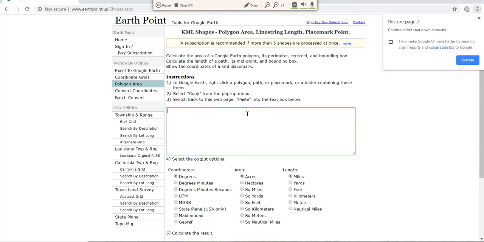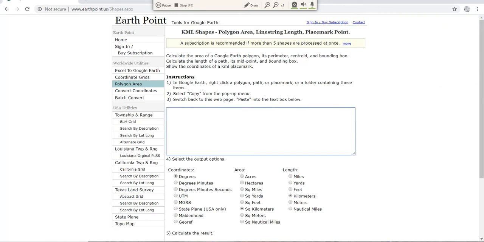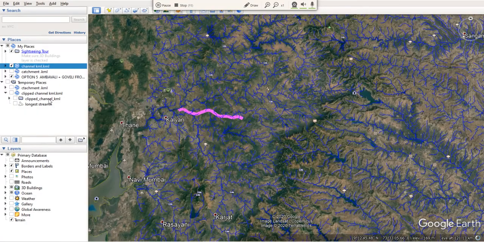You can set the units too, like length in kilometers or area in square kilometers. I just copy this catchment KML and simply paste it here.